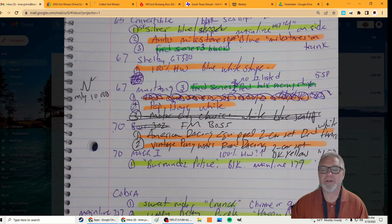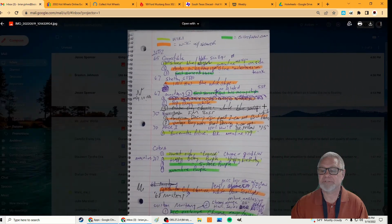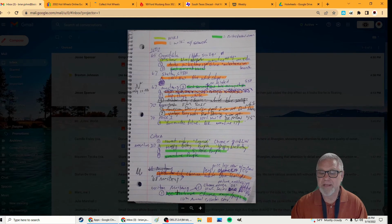and I number them 1, 2, 3, right? But I scribbled one out because it said there was a Spectraflame orange Mustang, and down here at the bottom, just look at my mouse, I can't zoom into that section. On another site, I can't remember which one now, it said that that same car, chrome orange, it was the same car for sure. It was a chrome orange car, which I've never seen. I don't have one, with the number 02 on the side, and it was an online exclusive you could only buy at the Hot Wheels